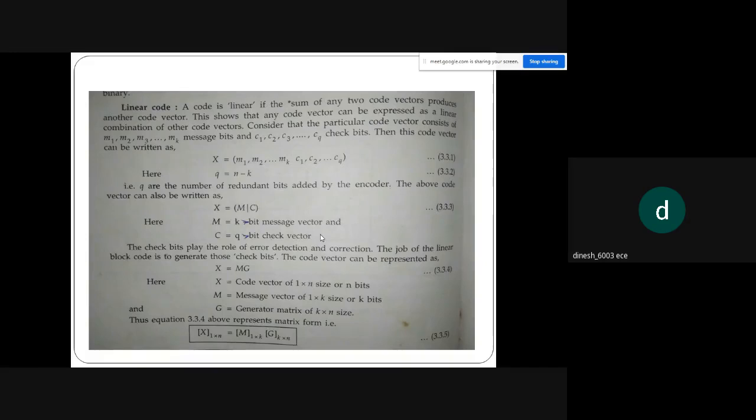Then what is the role of these check bits? We are going to see. These check bits always play the role of error detection and correction. And the role of this linear code is to generate those check bits correctly. How do we generate these check bits correctly? x is equal to m into g, where g is the generator matrix of size k cross n,